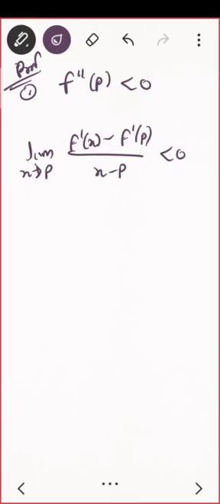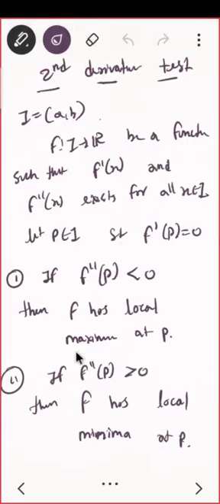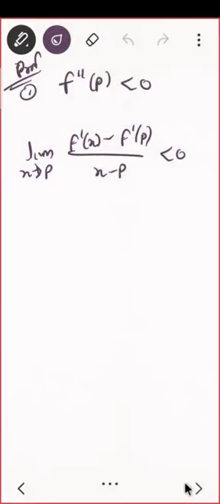I will not say anything. Try to solve it and get the value of delta such that this will be your local maxima, correct? I want to prove local maxima at point p. So try to do this. I'll leave this as it is. Think about it and try to complete the proof. We'll do it in the next lecture and we'll try to solve some problems also where I have to find the critical point. Maybe I'll just do one problem.